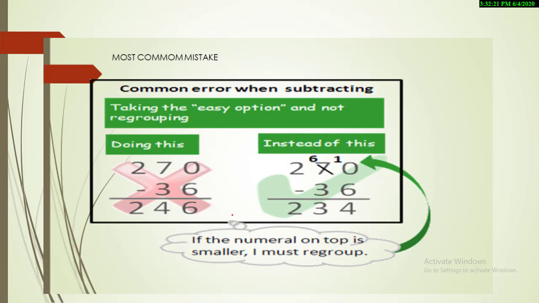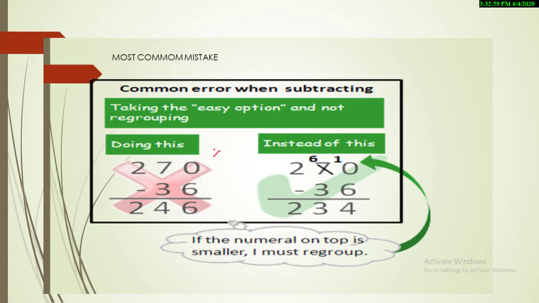Okay, our next slide is something that I really like, and being a teacher, it is my experience what my students do sometimes in the exams. So that's why it's a common error. An error is a kind of mistake that you all do. So what my students do sometimes during the exam, they subtract 0 minus 6, answer is 6. Then 7 minus 3, 4, and the 2. They answer 246. And they think they solved the question correctly.